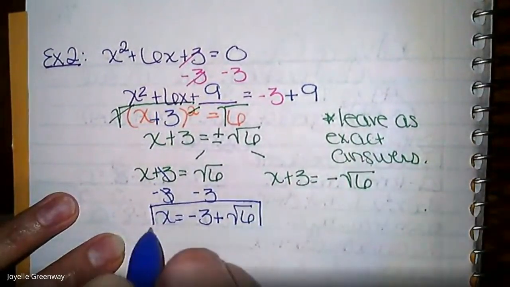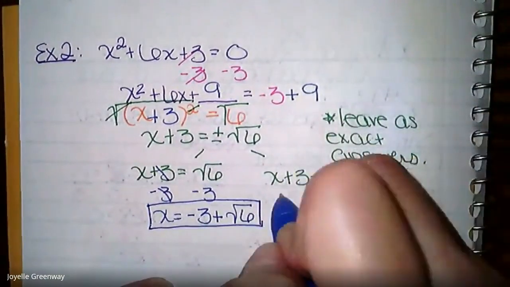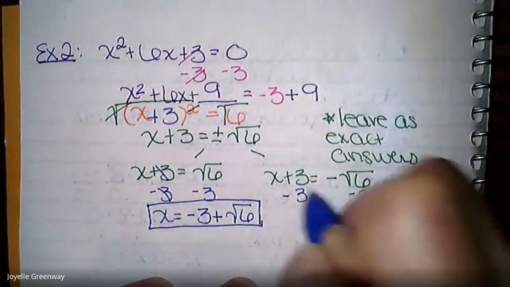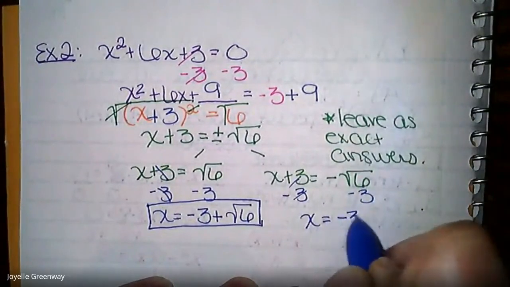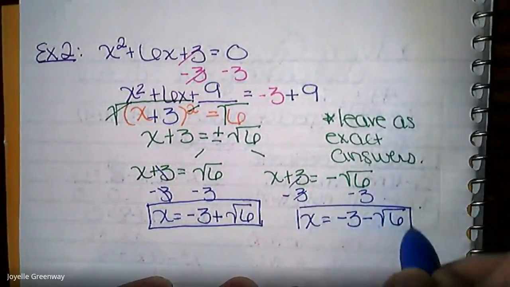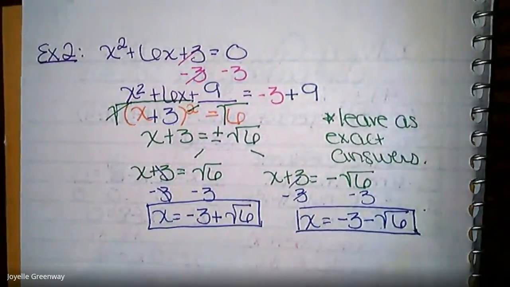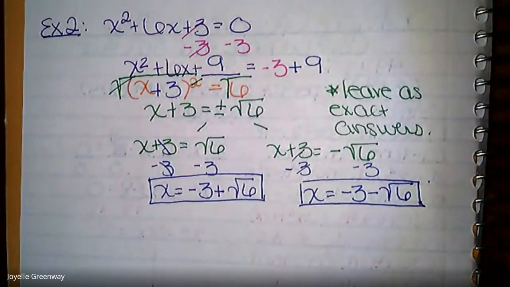Yes, that's how you leave the answer. And then I subtract 3 from over here, and I get x is equal to -3 minus radical 6. And those are the solutions to that